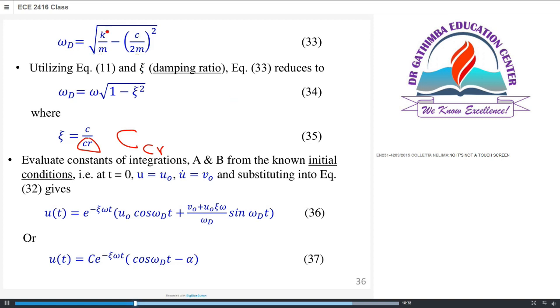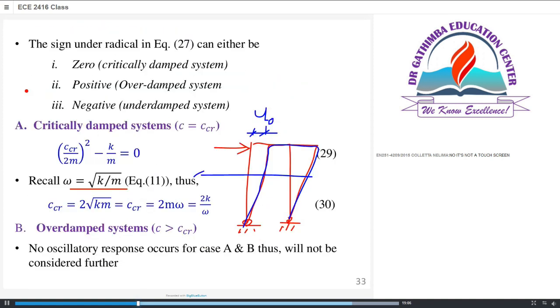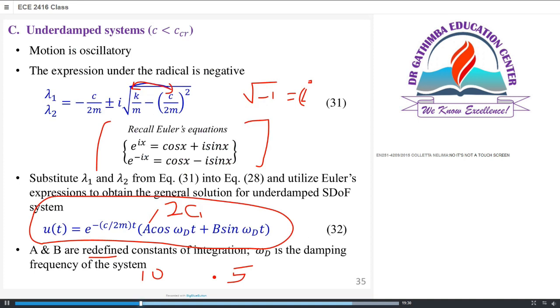Of course, this is about working out using what we have derived earlier. Remember we said the undamped natural frequency is equal to the root of K over M. And then C over C critical is equal to the damping ratio. I'm taking you back here. Remember, this is the critical damping system. This is where we are able to derive the expression for the critical damping coefficient in terms of the stiffness and the mass. So we are utilizing equation 30 and the other equation we derived earlier